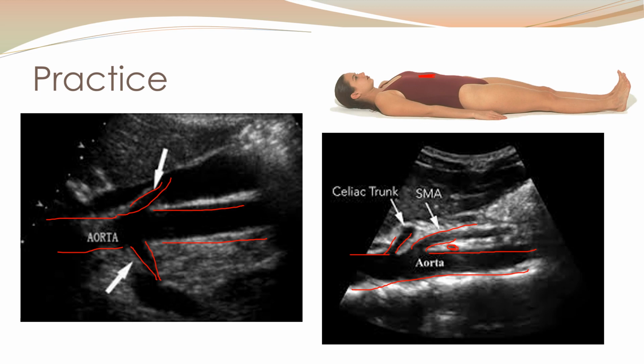I am seeing IVC and then aorta. That tells me that I'm scanning in a coronal plane where I'm going through the liver, through the IVC, and then through the aorta deep into my patient and getting a coronal view of that aorta demonstrating both branches of